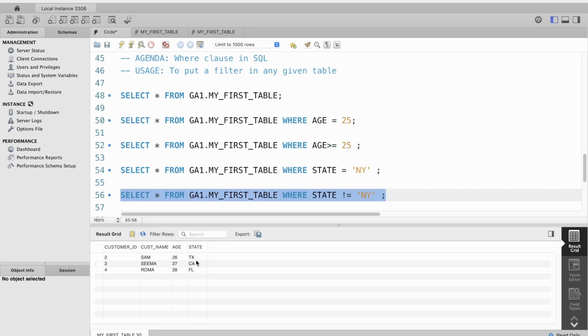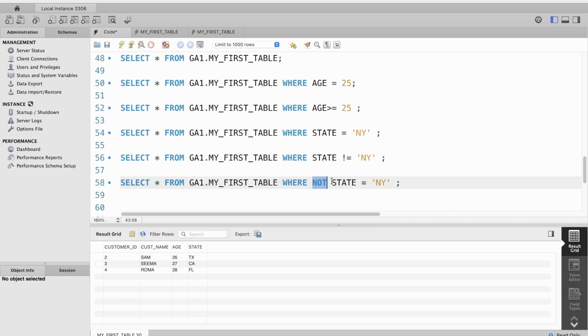Now you can see that these 3 customers are not from New York, but rather their state is Texas, California, and Florida. Another way to write not equal to sign is by simply adding a NOT keyword right before